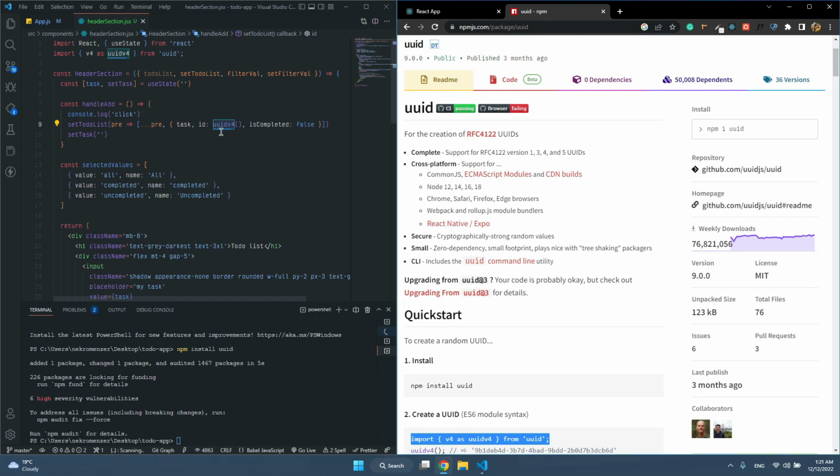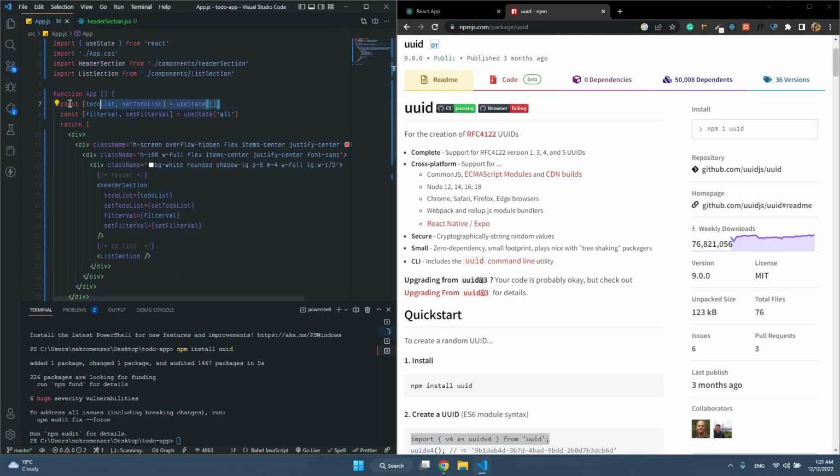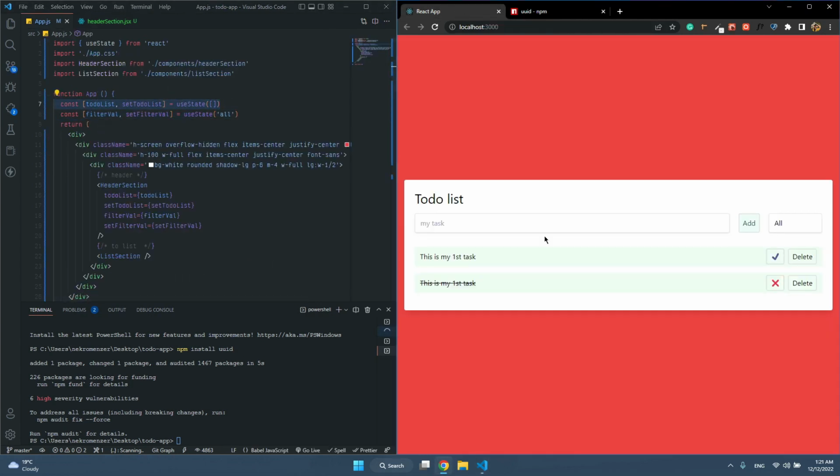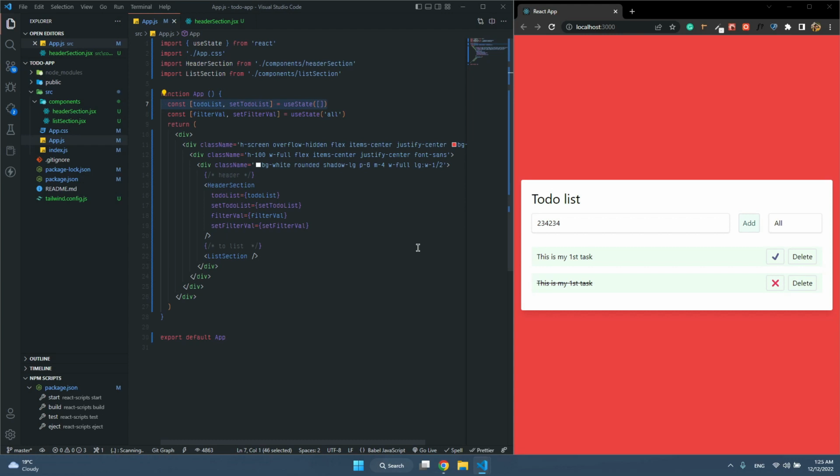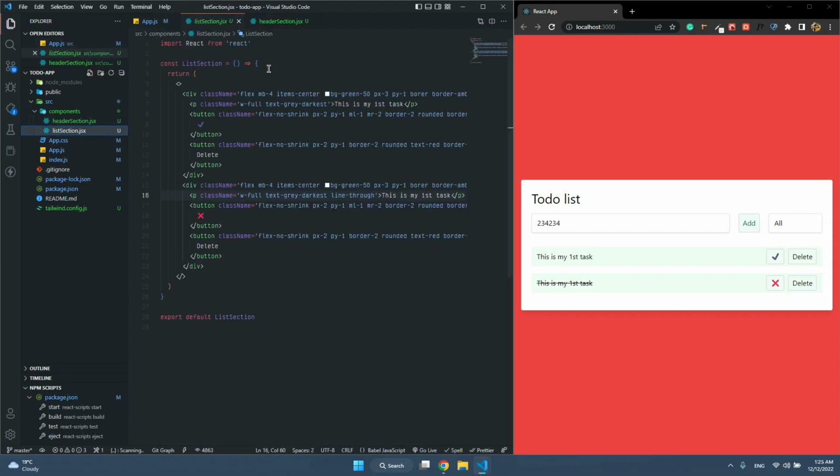So let's move to now we have updated these things. For certain things, when we add a task here, we have to display those updated here, as well as we have to make it as read and delete that one. Let's get into that. To display our already added task in the below task list, as in the header section we have to pass this to-do list and the set to-do list for the list section, exactly the same as the header section. You have to get those list here,